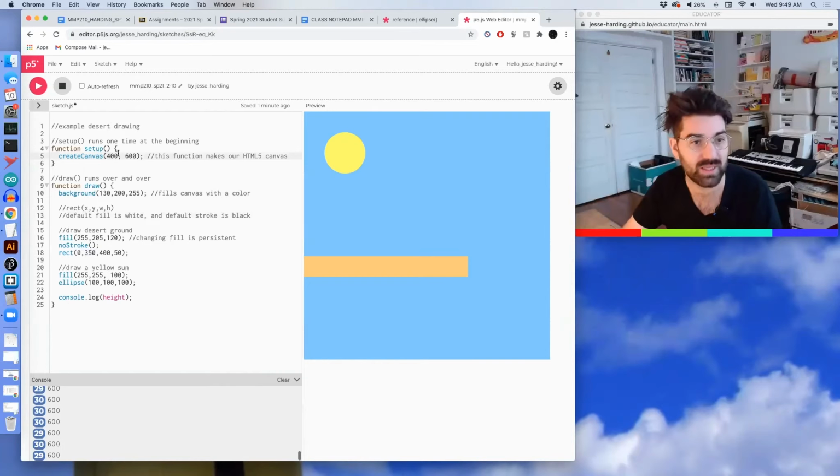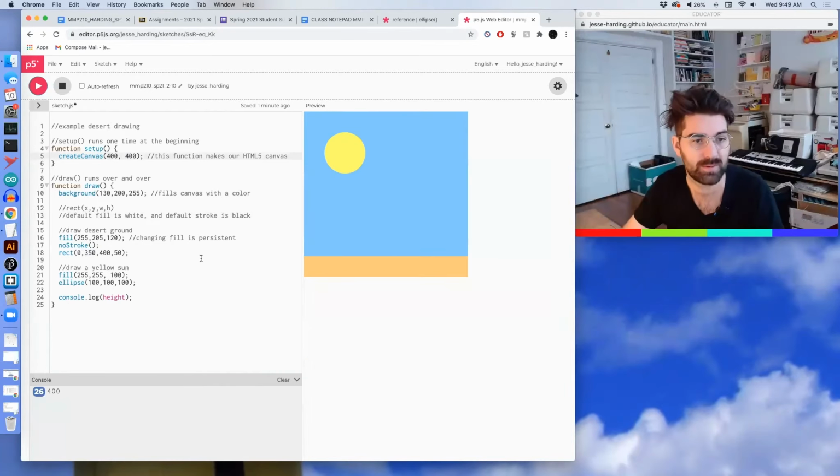Let me just reset things to being 400 real quick. This is set to 350. That's the y coordinate of the top left corner of the rectangle. And that is 350 because it is 400 pixels down, minus the height of this rectangle, which is 50. So this 350, we can think of it as 400, all of the height, minus whatever the height of that rectangle is. So I can replace this with